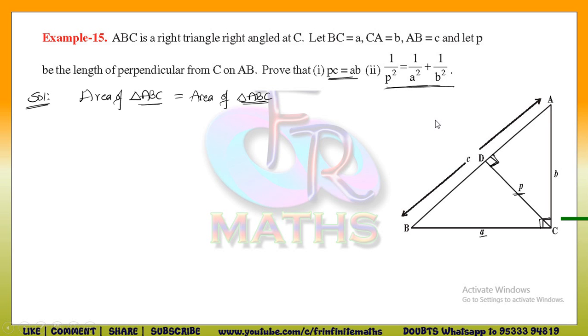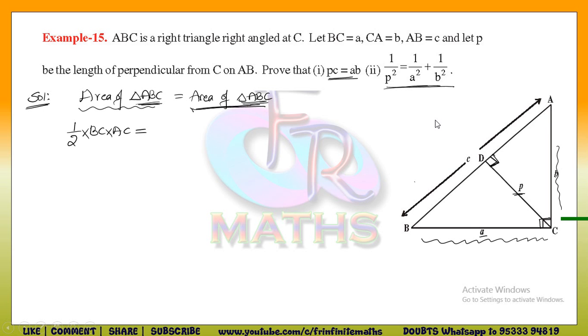So already those are the same triangles, so their areas will be obviously equal, right? Now first of all, I am going to consider this BC as base and this AC as height. So for the area of triangle ABC, I am going to consider BC as base and AC as height. Then what is the area of triangle formula? Half into base, so base is BC into height is AC, is equal to,